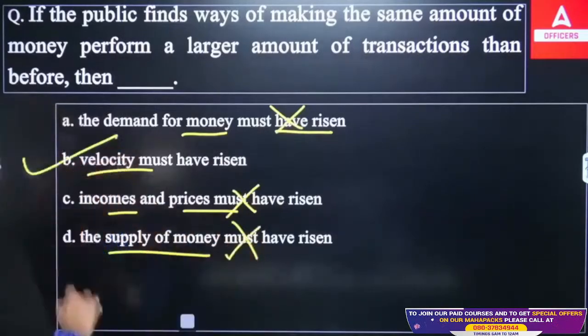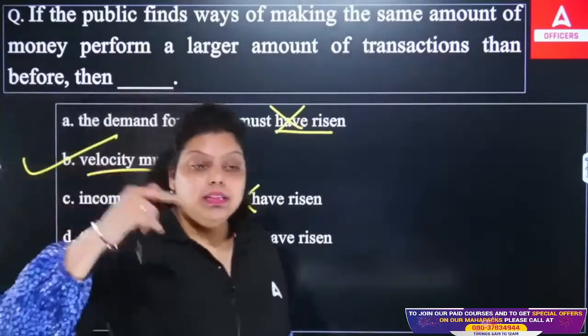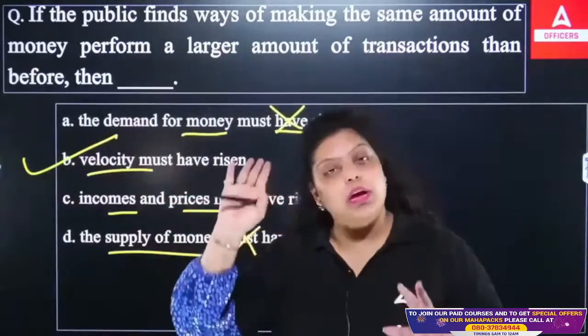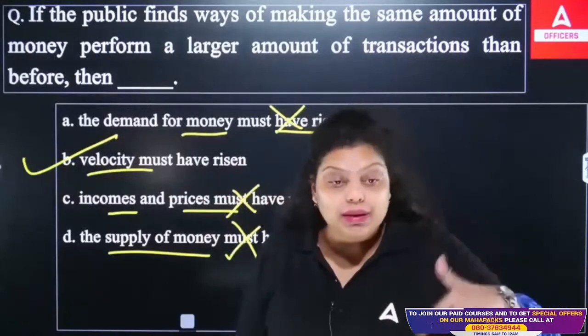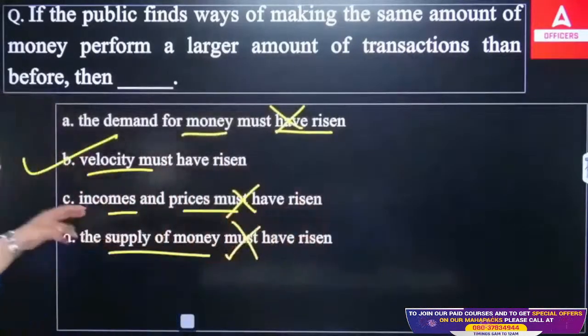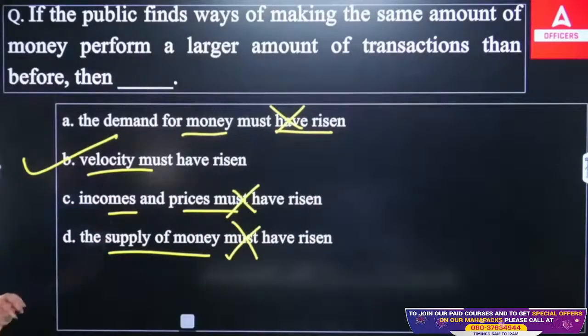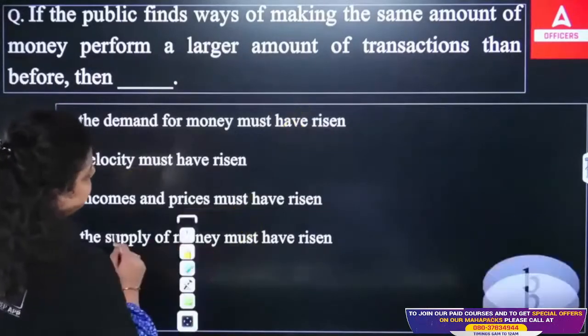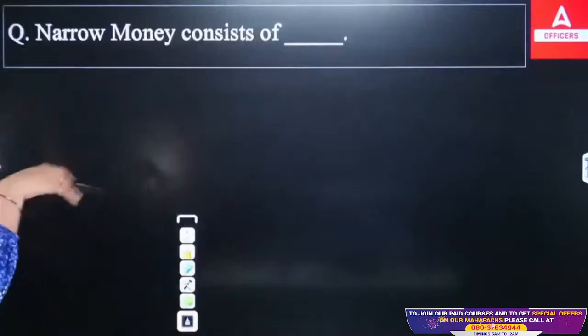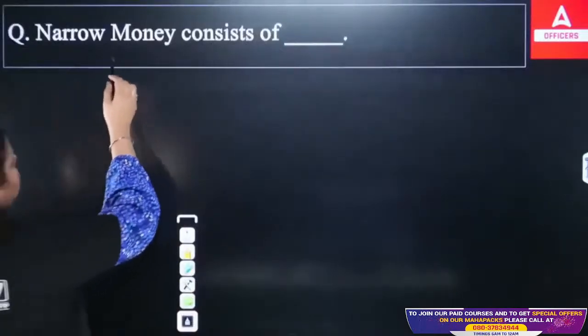The velocity of money has risen. It means that the purchasing power of money increased. That's why with 200 rupees you are able to purchase 4 products. So the right answer will be B option, because you are paying the same amount of money, but it is performing a greater transaction. Now, narrow money consists